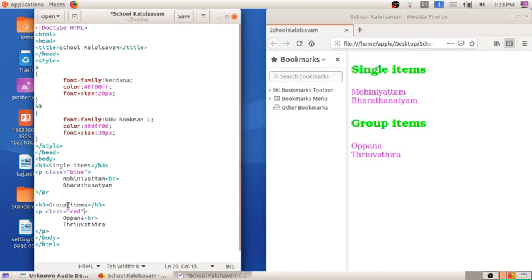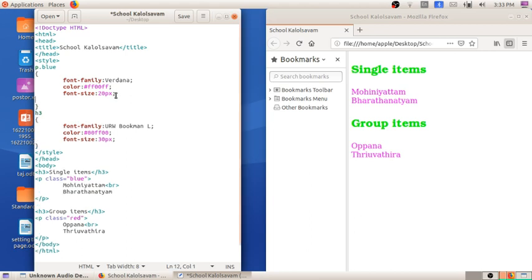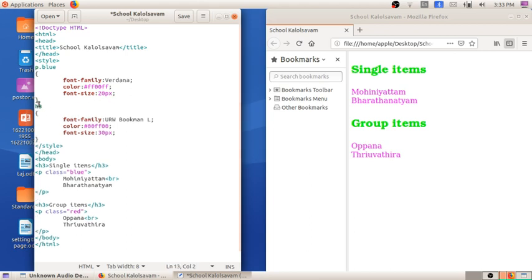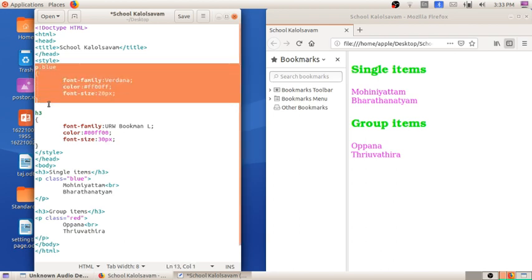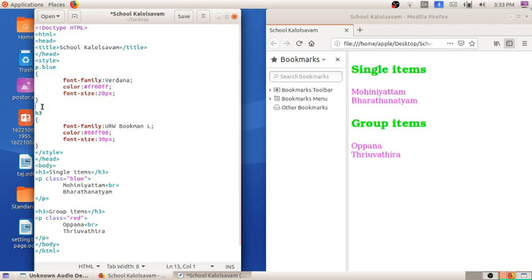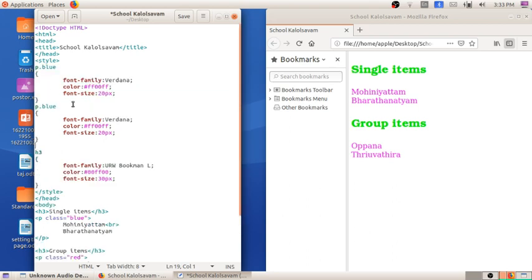In the same way, we have to apply this in the style section also. First I will be giving blue to the first class, and I have to create another class for red. So I am selecting the same, copying it and pasting it here, and naming the class red.